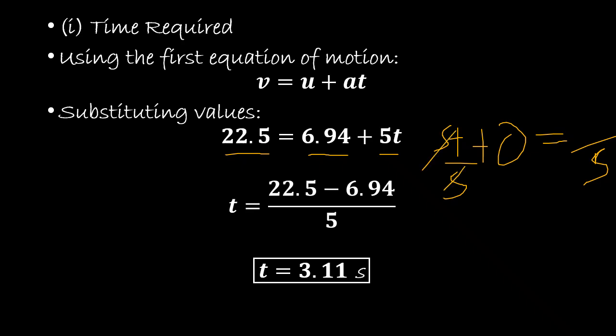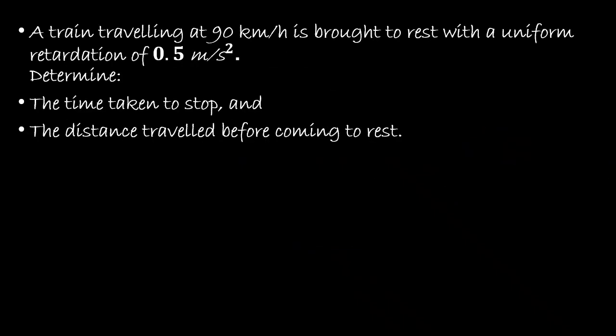3.11 seconds. Do you get it? The reason why I'm not writing a lot is because of my mouse pointer. So you are going to get t to be what? 3.11 seconds. That's the time required for it to reach a velocity of 81 kilometers per hour. Do you get it? So let's move on to the next question, which says a train is traveling at 90